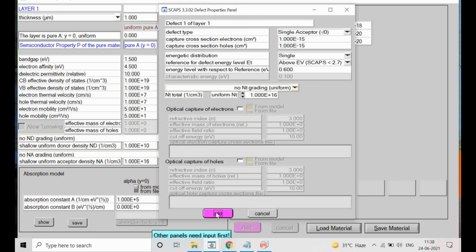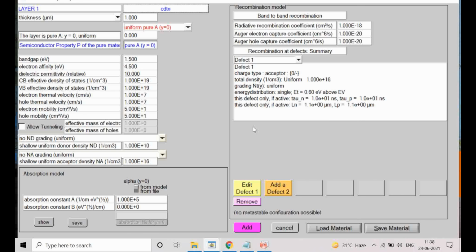So edit. Okay, these values are added. Now you can see for the CdTe layer of our dummy cell we have taken a single charge accepted defect with a uniform density of 1 is to 10 to the power 16. Grading is uniform, like it is spread throughout the forbidden gap or the band gap.